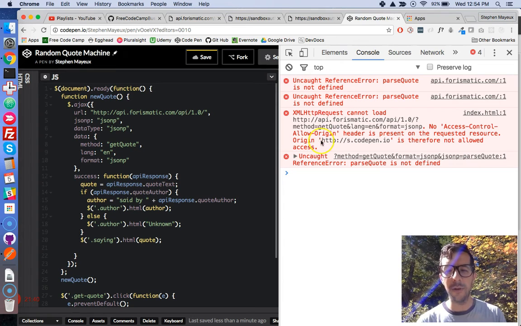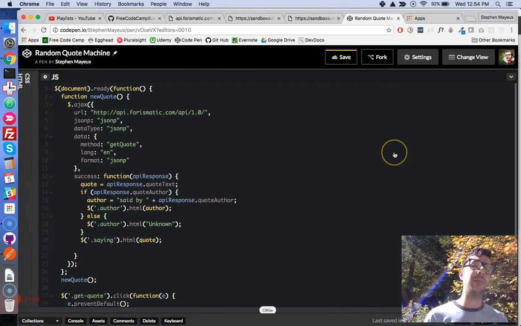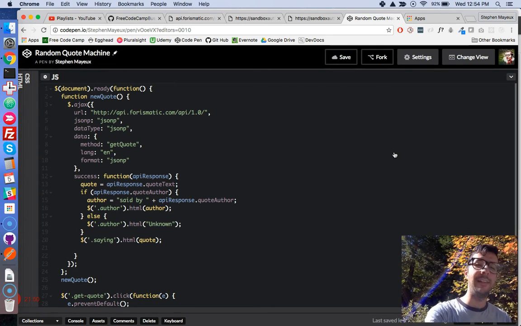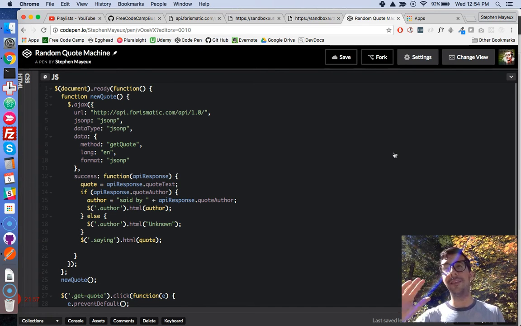If you ever see this error in your console when working with an API, then that's probably it. Your application, the JavaScript file, is on one domain, but it's making a request to another domain. And depending on how things are configured on that server, it may not work. So just read the documentation, Google, go to Stack Overflow. People have had these issues before, but usually for good APIs, the documentation's great, and so it shouldn't be any problem. It sometimes happens though.